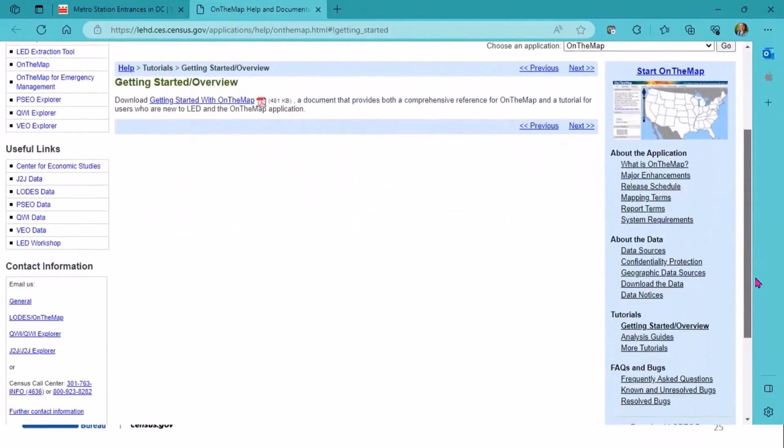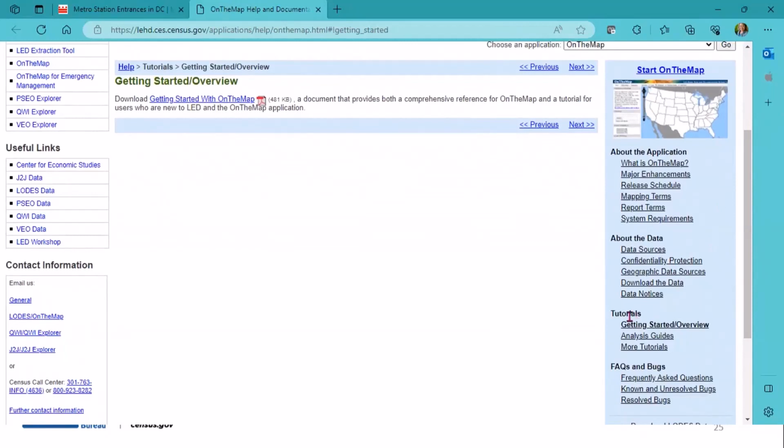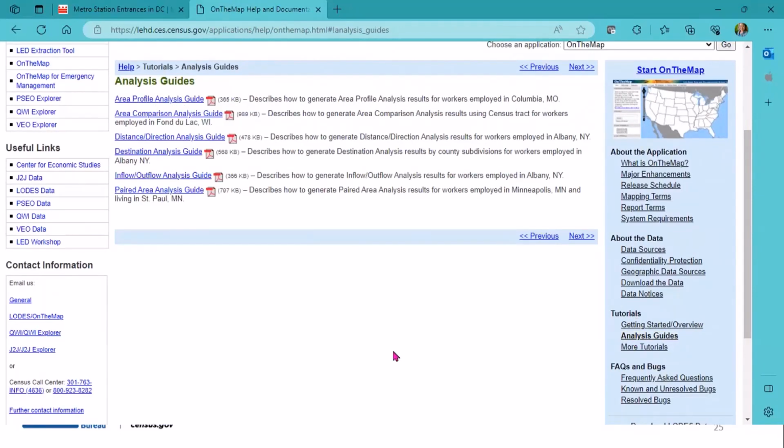And then if you scroll down a little bit where it says tutorials and you click on analysis guides, it gives you every single analysis that we covered. And it has a description of how you can work through it and self-teach yourself how to use these analyses.